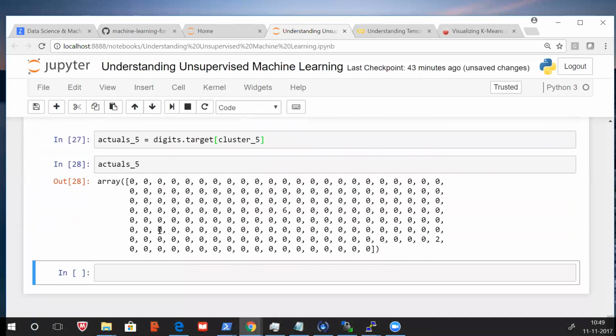See, this is all 6. See, 6 it is identifying, and 2 it is identifying as 0 somewhere. Apart from them, everything is 0. Right. So these are misclassifications. Let's see how we count the number.